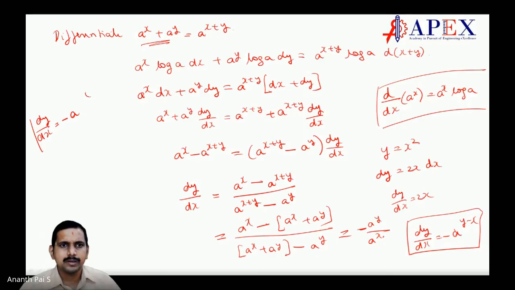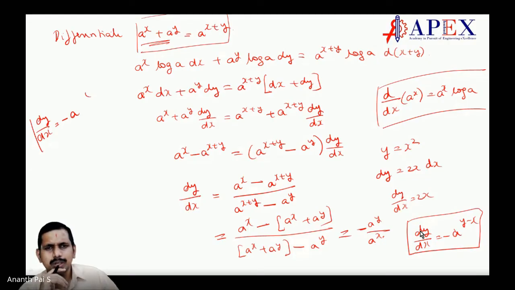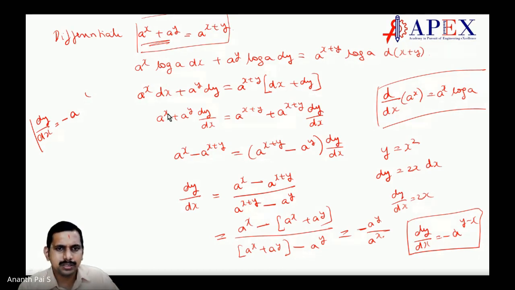How did you get a power x plus a power y? See the question. Sir, instead of writing dx there, we could have directly differentiated with respect to x only, no? Yeah, we can do that. So you come here directly, correct? Yeah, two steps are reduced very much.